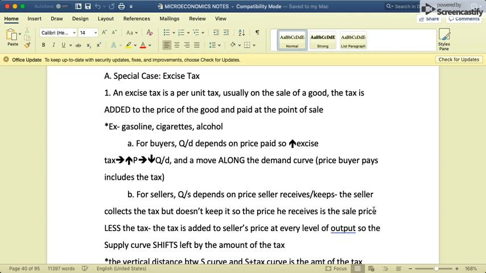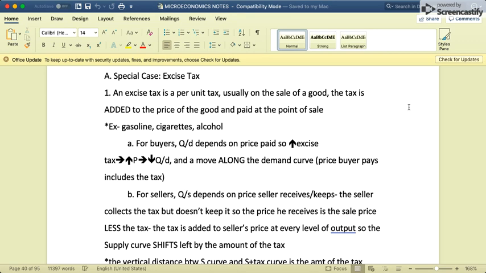Okay, today we're going to be going over taxes and tax incidence. So we're going to be discussing a special type of tax, and it's called the excise tax. An excise tax is a per unit tax. Usually on the sale of a good, the tax is added to the price of the good and paid at